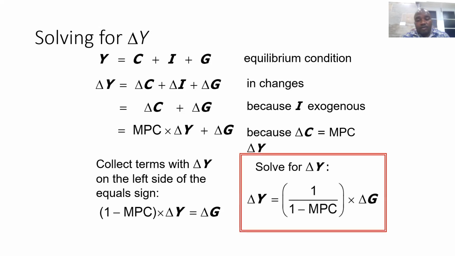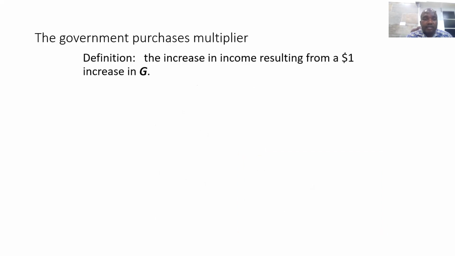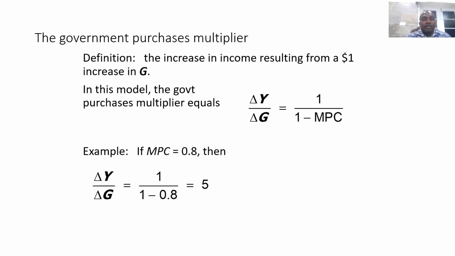So solving for delta Y yields delta Y is equal to 1 over 1 minus MPC multiplied by delta G. So the government expenditure multiplier,